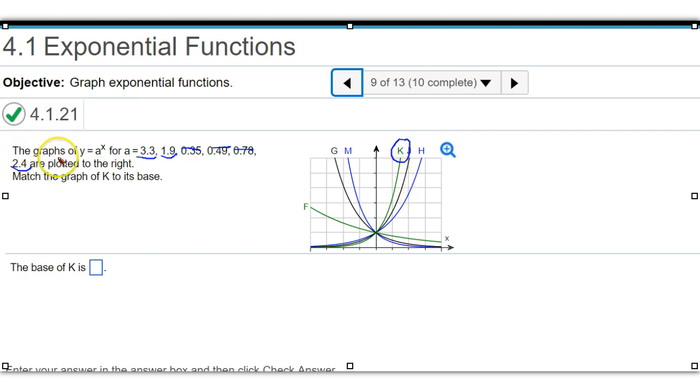So which is the one of these which is the largest? So the 1.9 would be the H, the 2.4 would be the J. So the K then is the largest, 3.3, the one closest to the y-axis. Okay,